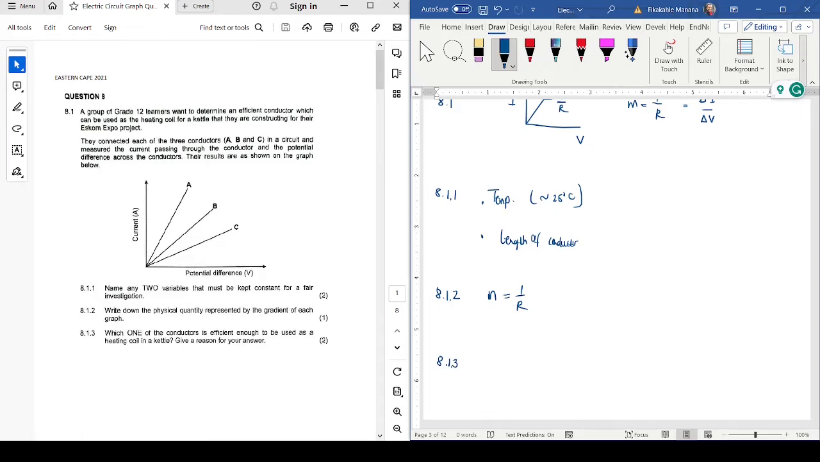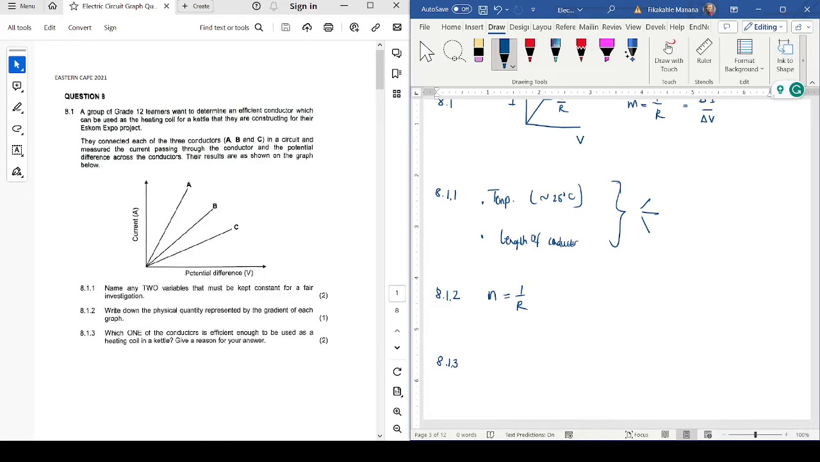which one of the conductors is efficient enough to be used as a heating coil in a kettle? What do we want to see here? We want to see something with a high resistance, because we want to use that current as it passes through the conductor. Actually, these properties that we're mentioning here, they have to do more with resistance. And with resistance, we talk about the length, we talk about the thickness, we talk about the type of material. So even here, when we talk about